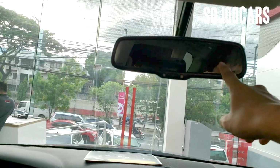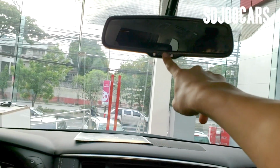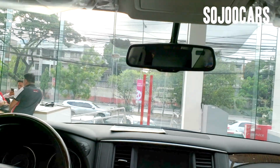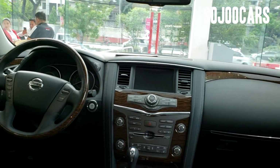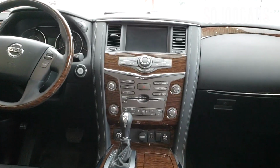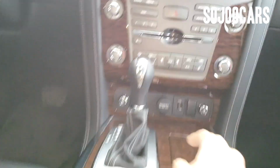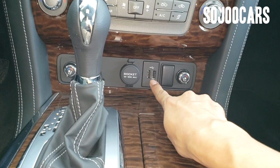This room mirror has the compass here, and it has auto dimming, which is quite nice as well. How do you like the wood trim? Looks luxurious. Yeah, you might need a driver for this. Oh, we almost forgot. Cooled seat, heated seat, USB 12-volt, automatic light,